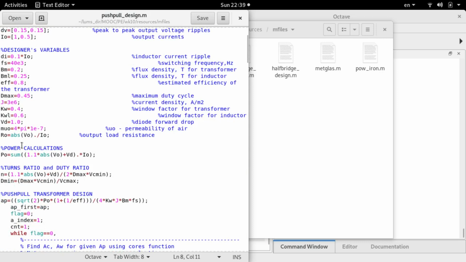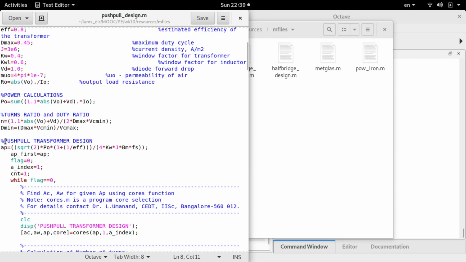So there is the power calculation, and after you do the power calculation, the turns ratio calculation, and this is where it will be different from the forward transformer design, which is the push-pull transformer. The area product of the push-pull transformer, I have taken according to the area product of the push-pull that I have just listed down.